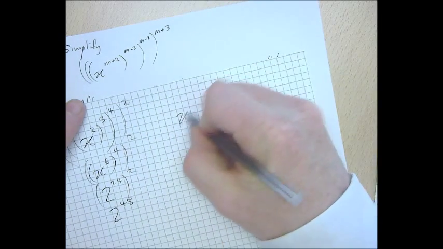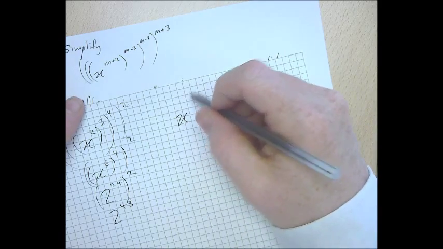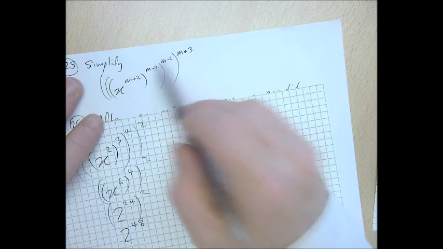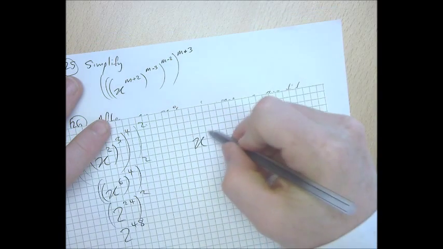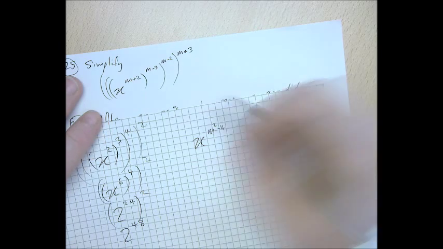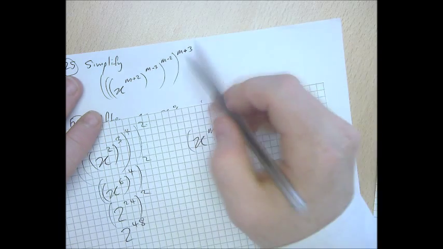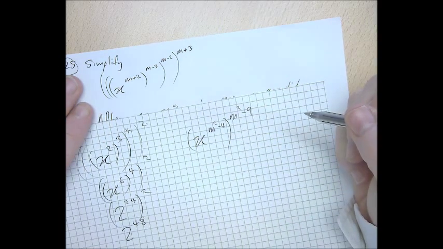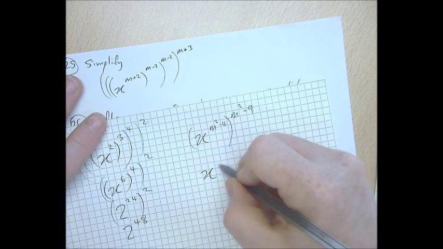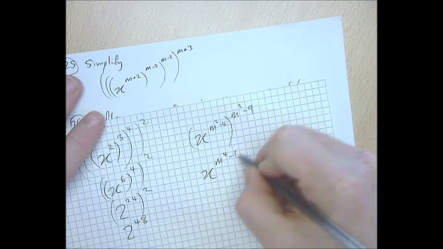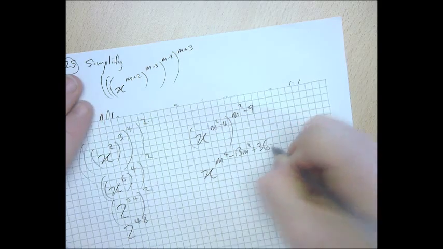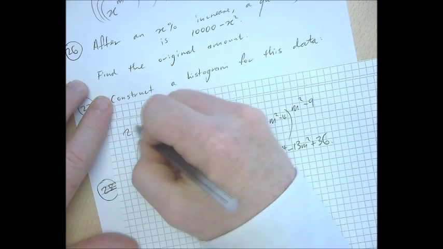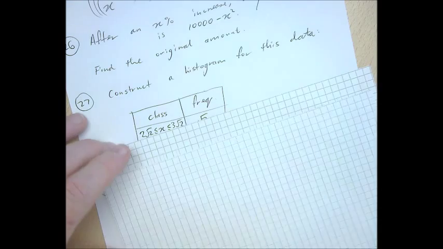But we have to be careful here because it's very hard to multiply these algebras. But what this demonstrated is that if it's just straight out multiplication, it doesn't matter what order you do it in. So I'm going to multiply that and that first. That's just difference of 2 squares. And I'm going to multiply that and that second. And now I just have to multiply those, which is FOIL, I think. And there's your answer. Now, so that was question 25. Question 26.